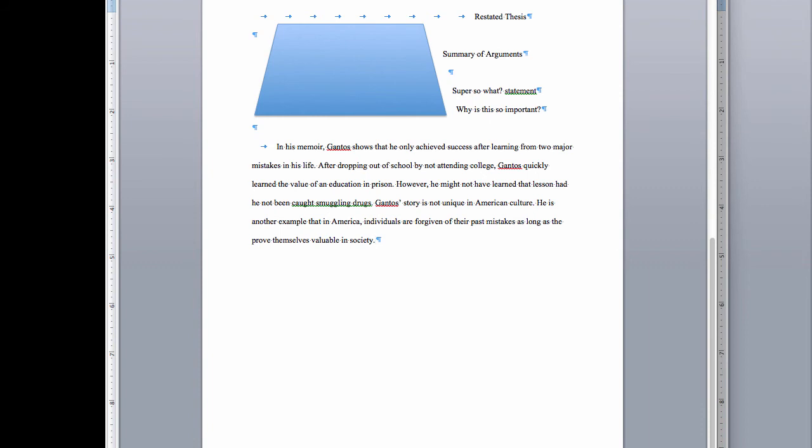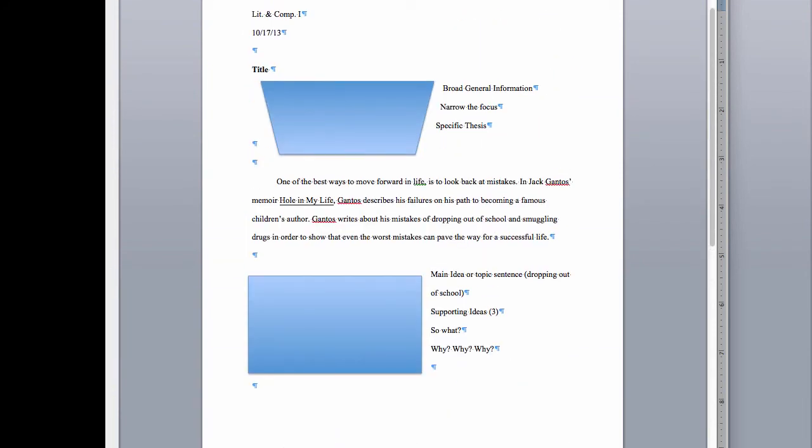So at this point, you should be ready to start writing your paper. Don't worry if an introduction doesn't come to you right away. Don't worry if that broad general information statement, that hook, doesn't get to you. You could always go back and add it. Typically, that's how I write. I don't write my introductions first, I write them last. So, lastly, you need to answer your questions about your conclusion and be ready to write your rough draft in class.